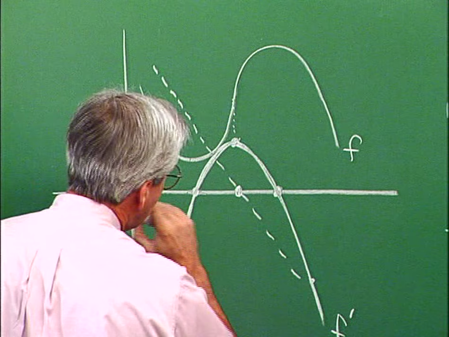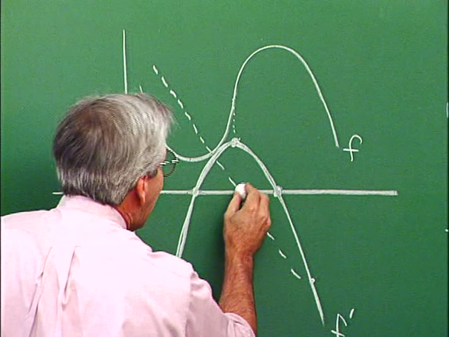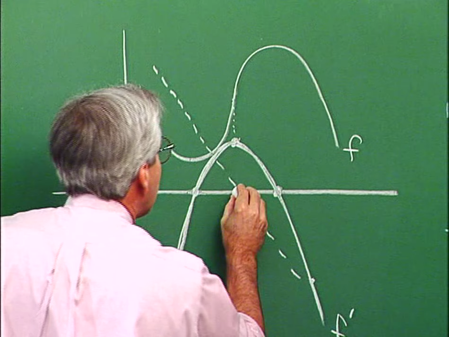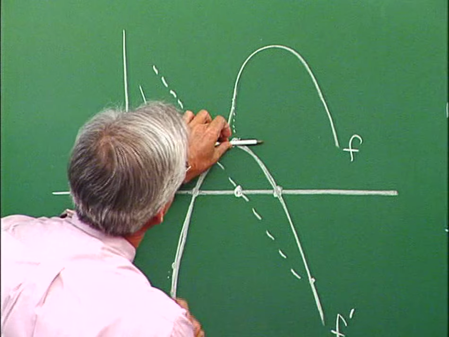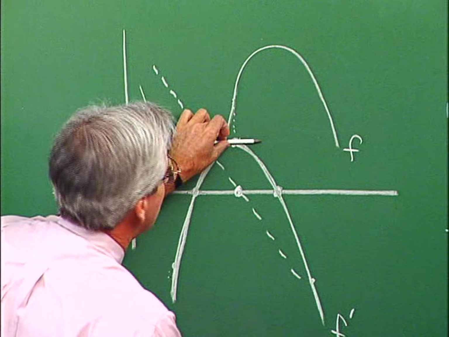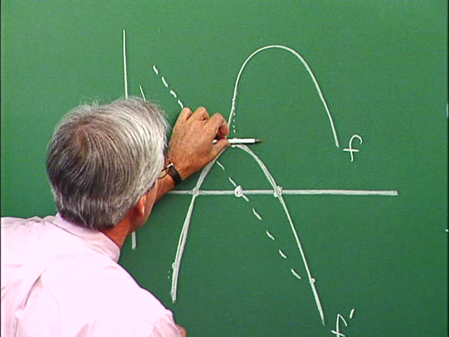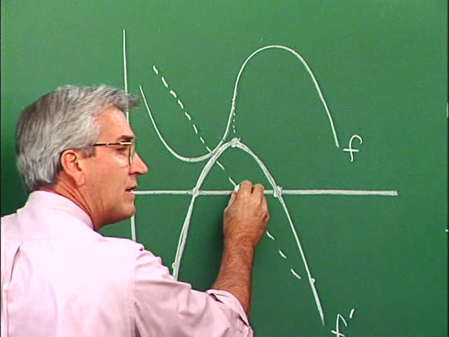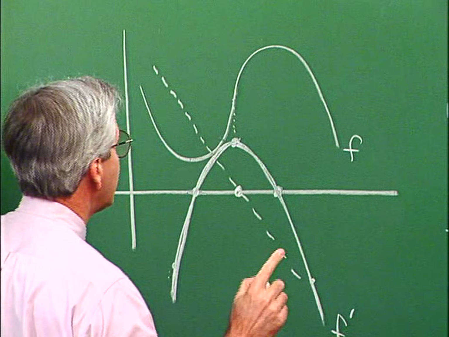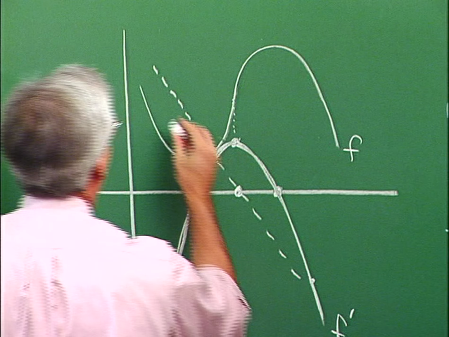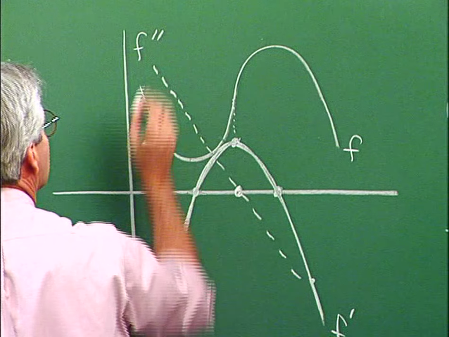All right, so this 0 corresponds with a slope of 0 on f prime. The 0 of f double prime identifies that point of inflection. That's a very important idea of what we're going to discuss. Another idea that we need to discuss further is this,